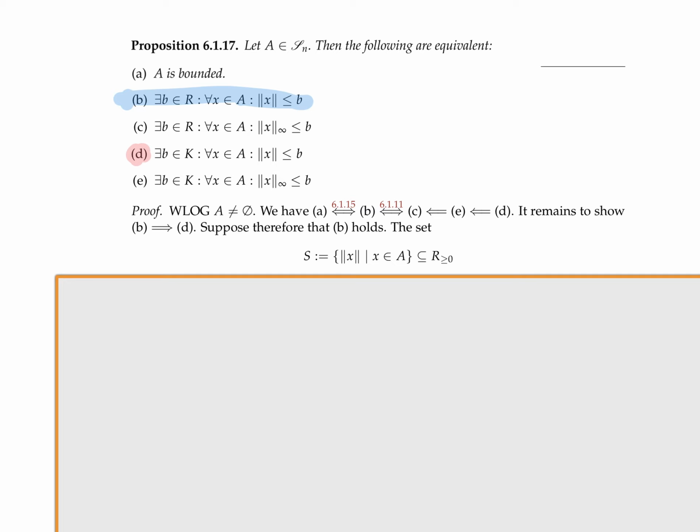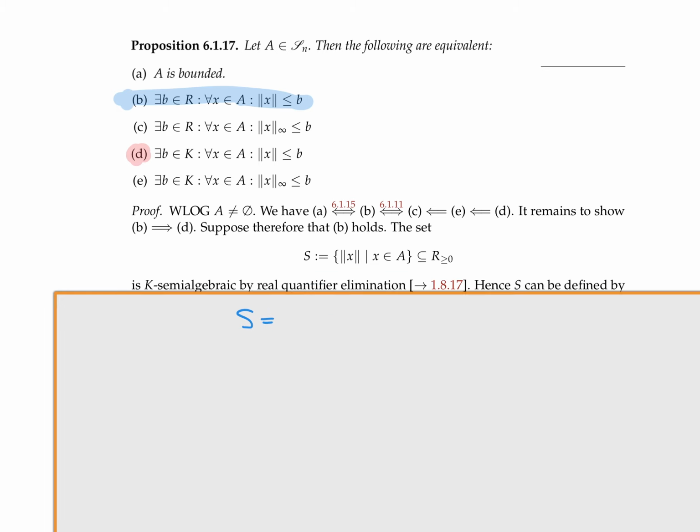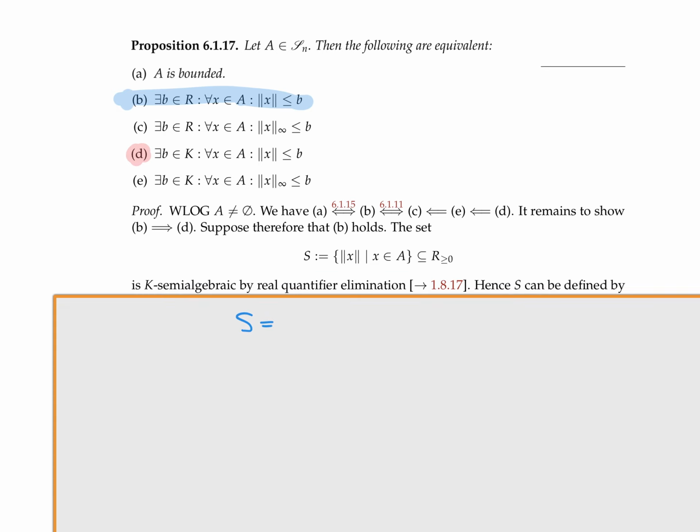You could write it as, but that's non-trivial. Maybe it's K semi-algebraic by real quantifier elimination. Or I could say by the fact that projections of K semi-algebraic subsets are K semi-algebraic, namely because, yes, maybe that would in fact be more appropriate to cite